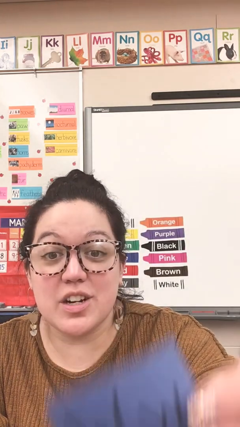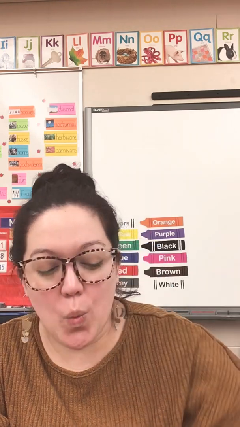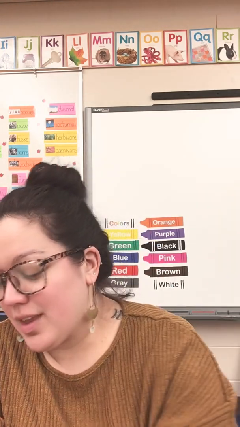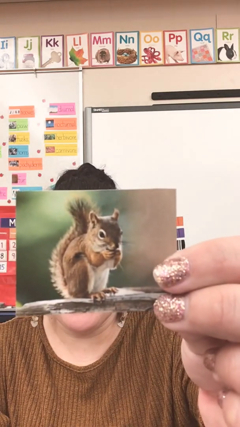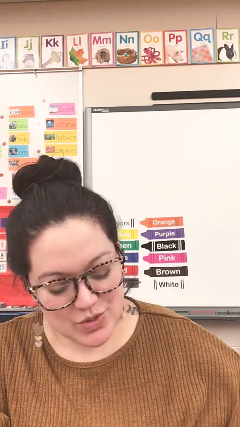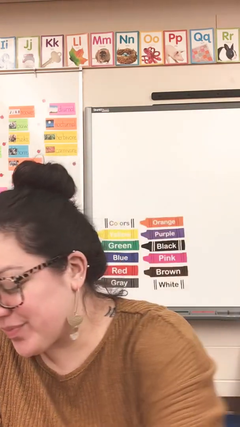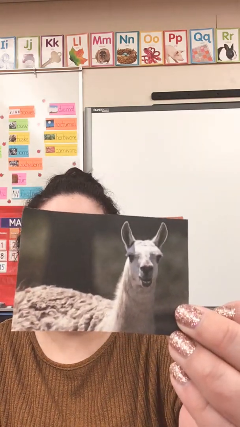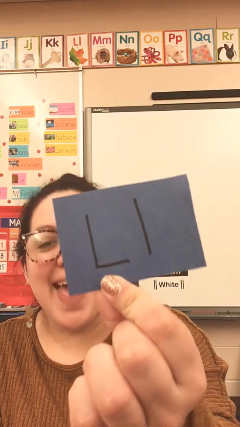Walrus, and walrus starts with the letter W. Walrus. And then we had the one that lives all around us. A squirrel, and squirrel starts with the letter S. And then we had a llama, and llama starts with what letter? L,